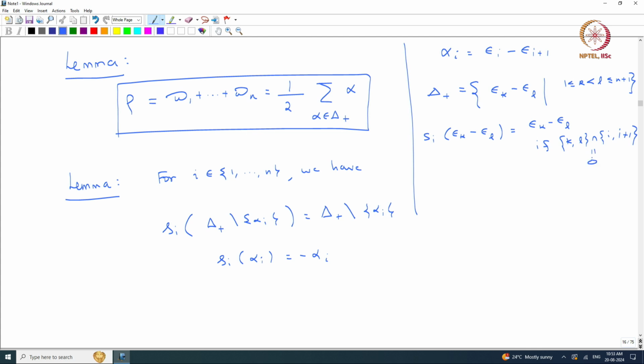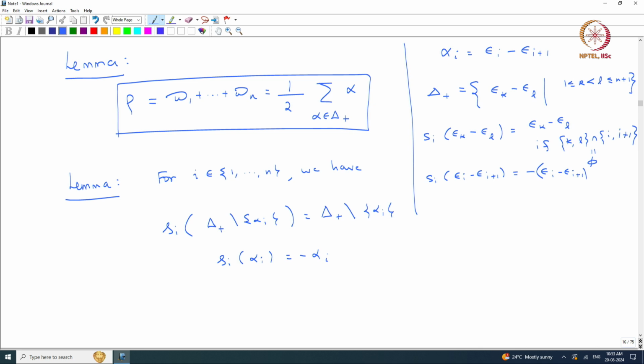Okay. And if something matches, then what will happen? So, S_i of epsilon_i minus epsilon_{i+1}, it is easy to see, this is minus epsilon_{i+1}. So, that is also easy to see. So, now if you actually look at what happens to this